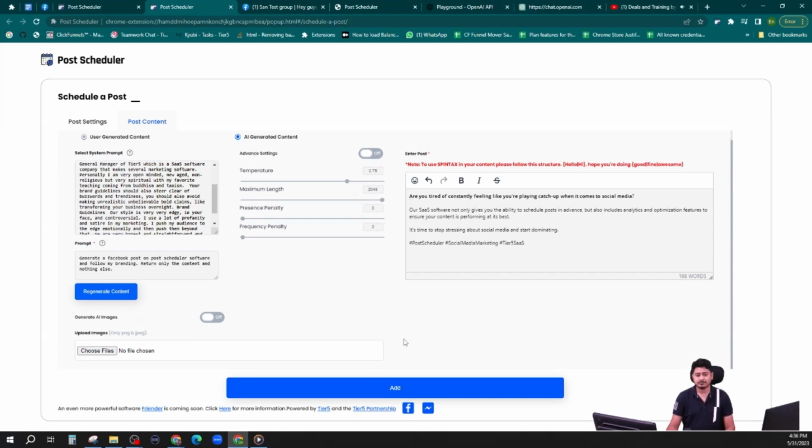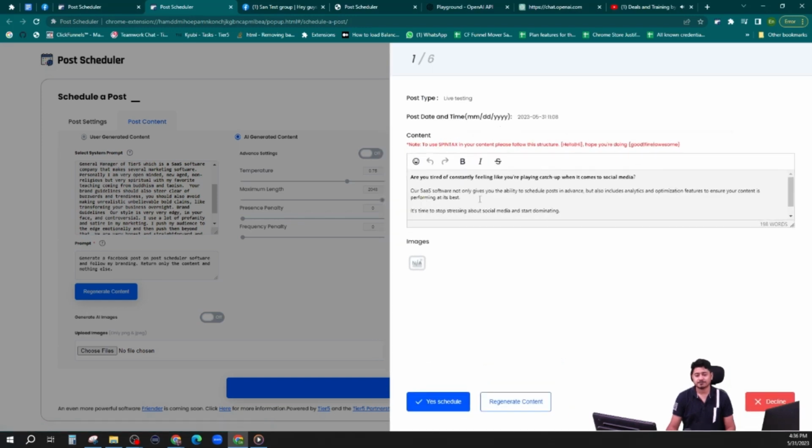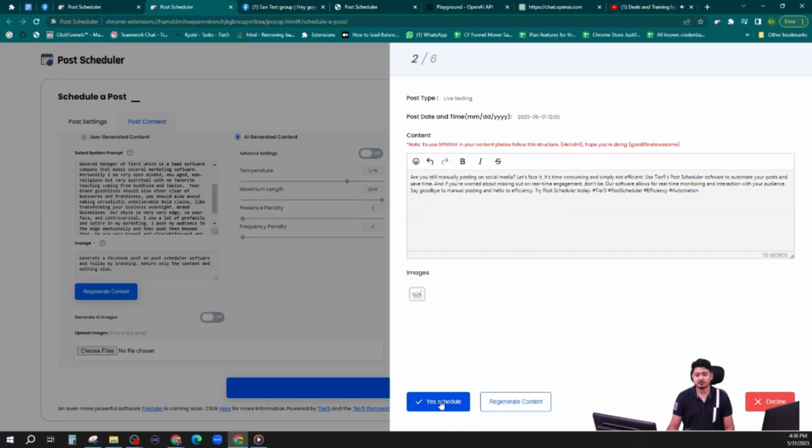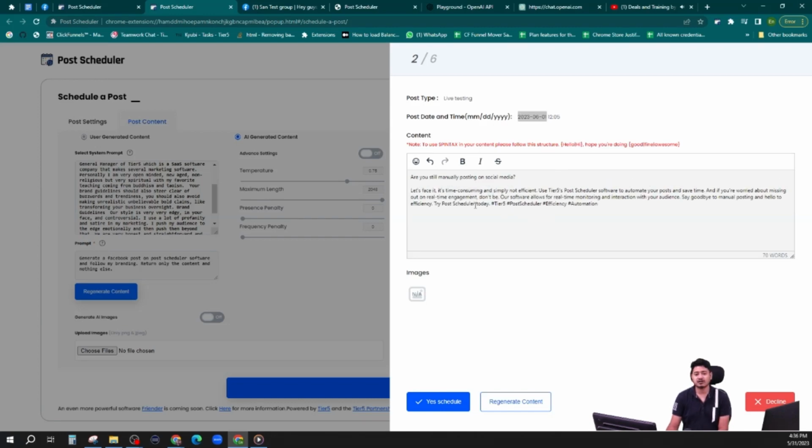So to see them, what you need to do is just click on add, and once you do that, the full content you will be able to see again in this editor, where you will be able to see the date and time and the content. And now once I'm okay with this content, I'll just click on schedule. Now it is giving you the very next date when the very next post will be posting, right? And there you will be able to see new content that is coming from basically ChatGPT,